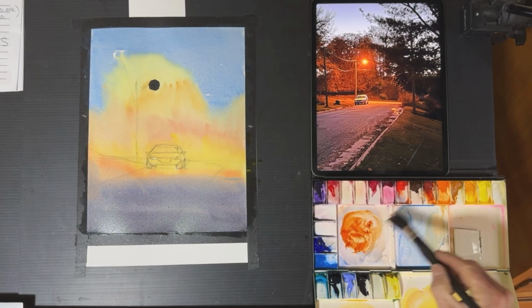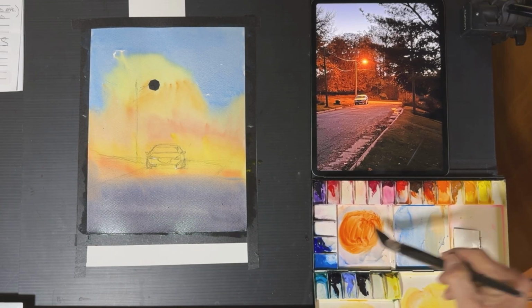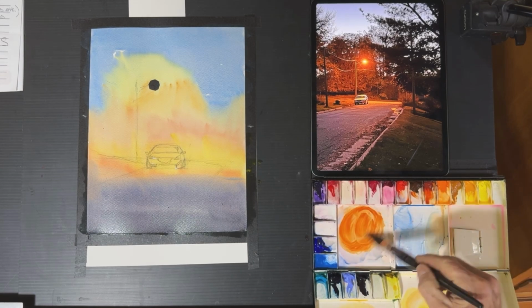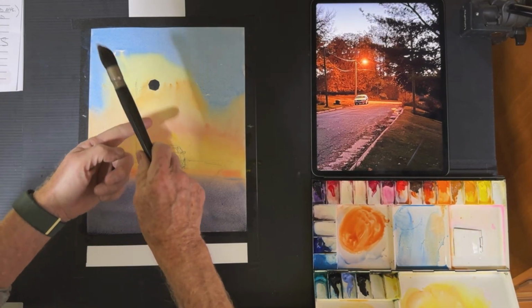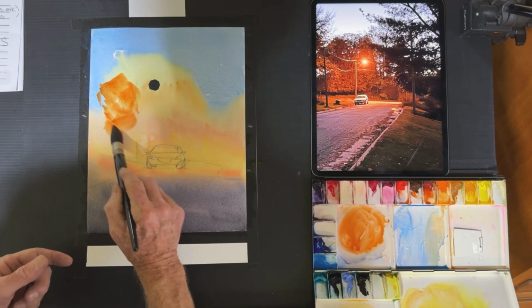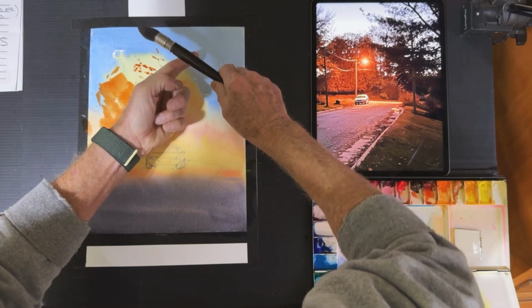It's very hard to convey the consistency of this paint without being able to feel it through the brush. So I'm trying to think. Now see, I put a little water, that gets runnier. It's slightly sticky, that's why it stays pretty much where you put it. So I'm going to start, with the side of the brush, I'm going to try to get this reddish area of these trees here. And I'm going to splatter to get the, now you see that's not blending in